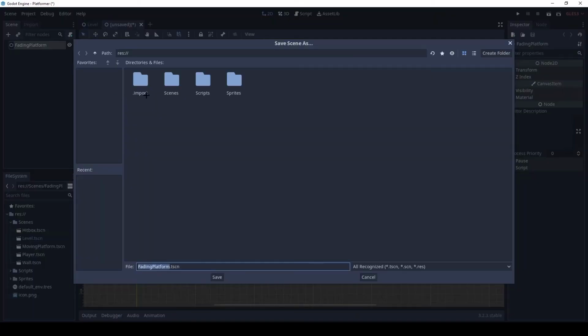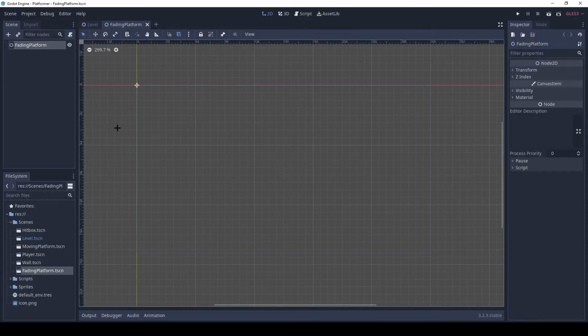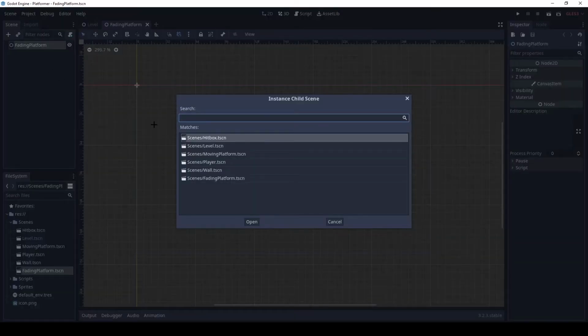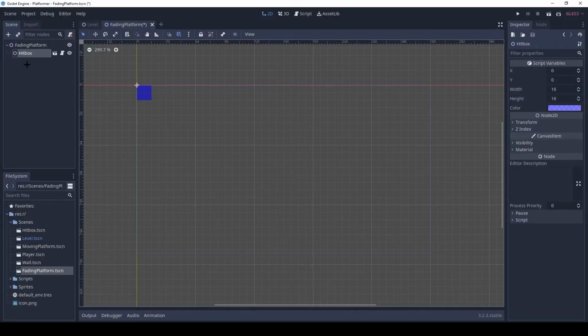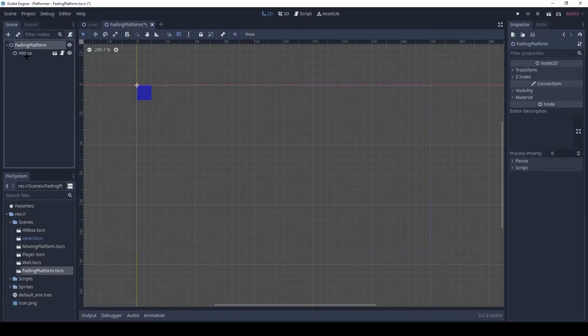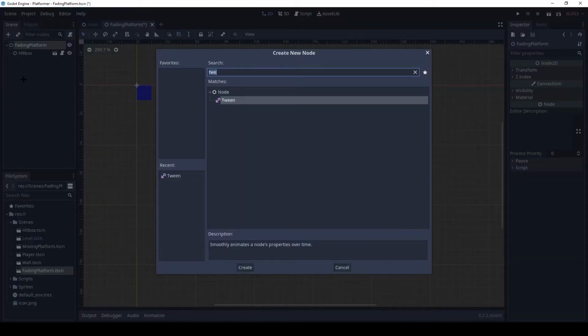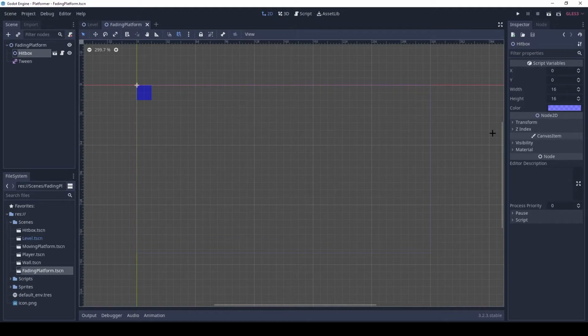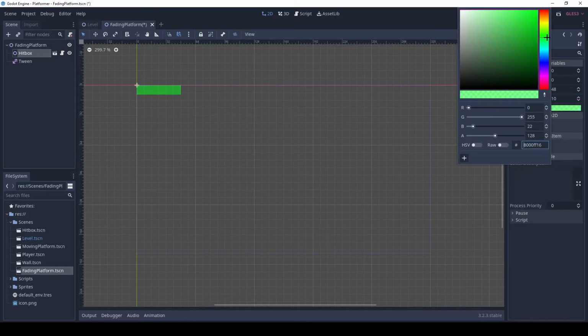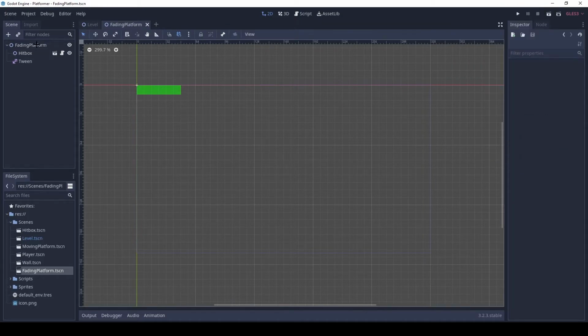And as usual, save it under the scripts folder. Let's link a hitbox, and I also want to add a child node, which is going to be a twin. Add a child node twin. Cool. And let's set up the hitbox width to 48 and the height to 10. And I also want to differentiate it by the color, so I'm going to pick green